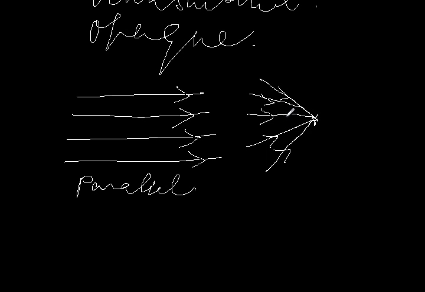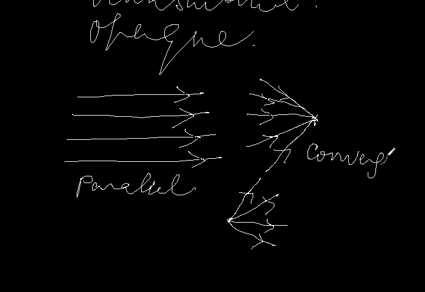As they converge at a point, therefore the beam is called convergent. And the third type of beam: if the rays of light diverge from a point, then that beam is called divergent. So you have seen there are 3 types of beam: parallel beam, convergent beam,